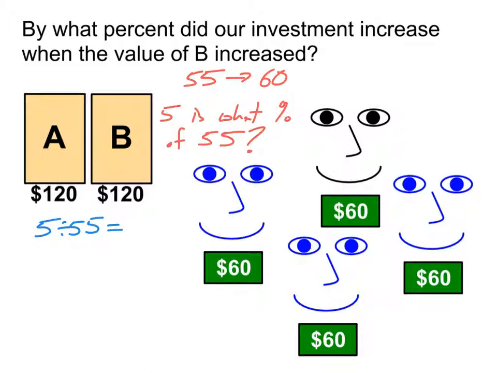All right, so to figure this out, we end up having to do 5 divided by 55. And when you do that, you notice you don't get 0.1. You end up getting 0.0909090909. It keeps repeating this 09 pattern over and over. So what is that as a percent? If you multiply that by 100, you get 9.090909 and so on percent. I'll go ahead and round it to 9.09% for the moment.